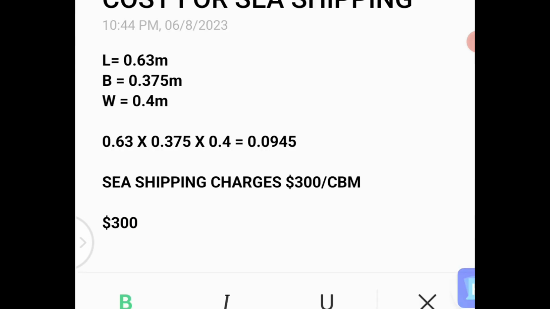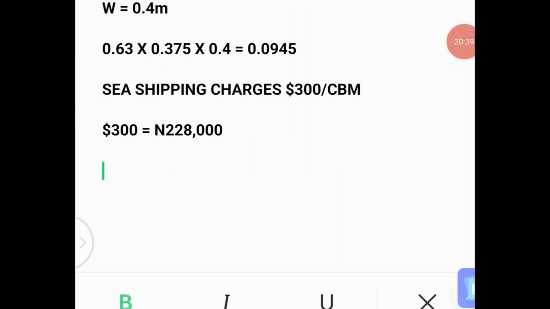$300 is equivalent to 228,000 Nigerian naira. Hope you get to this point. Now, in order to get our estimated shipping fee, we just need to multiply 0.0945, which is the total dimension, by 228,000, which is the shipping cost per CBM. Hope you get this. So here I'll write 0.0945 multiplied by 228,000. So this is what I have,